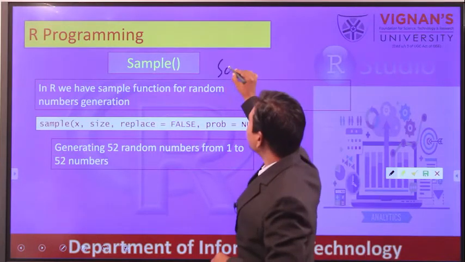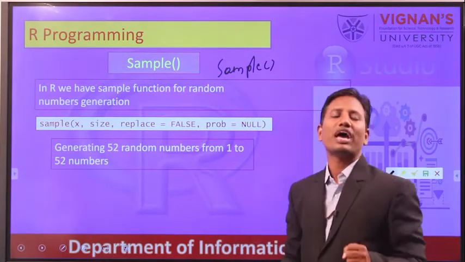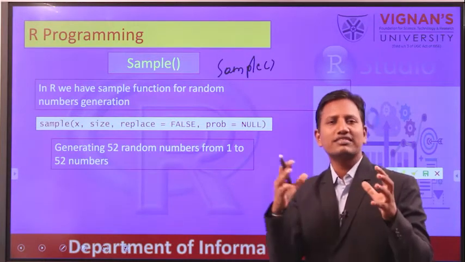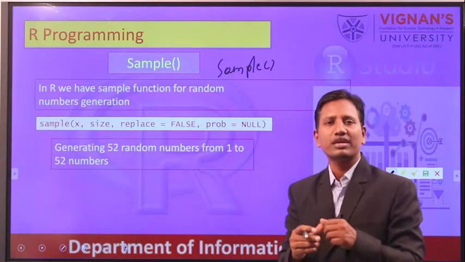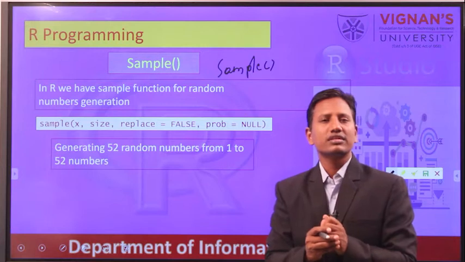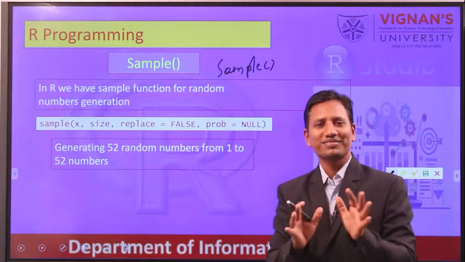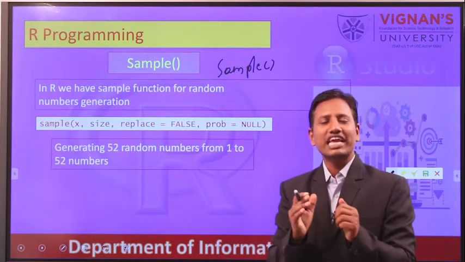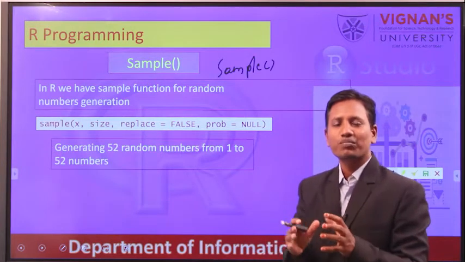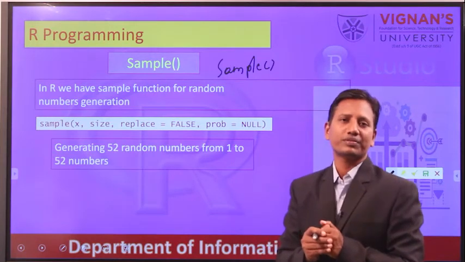This sample function samples values out of a population. The two words, sample and population, are taken from the probability and distribution topic.